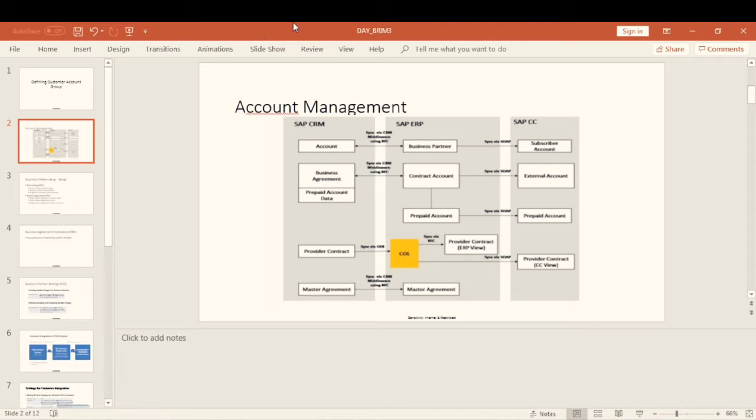And we will define the business agreement classes. In the business agreement class, we will say whether the customer is a B2B customer or a B2C customer. And we will assign these business agreement classes to the sales channel. Like, if B2C customers are there, how can they buy the products? Whether they can buy through e-commerce or through dealers, or they can call the sales agent and buy the products. So we will assign the sales channels like e-commerce, sales agent, or dealer to the business agreement class.